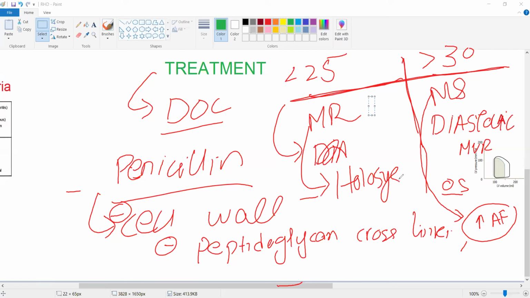And the drug of choice is penicillin, and the mechanism of action of penicillin is again important. It is a cell wall inhibitor. Mainly it inhibits the peptidoglycan cross-linking. And the age is also very high yield. It will determine mitral regurgitation or mitral stenosis. One more thing is the histopathology. Aschoff bodies or Anitschkow square cells. Sometimes they give you the histopathology. Aschoff bodies and Anitschkow